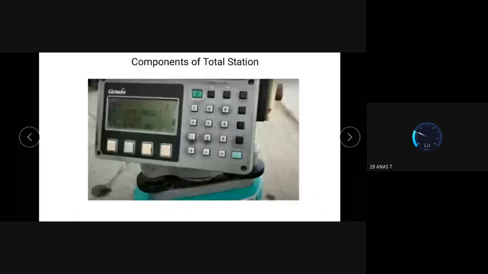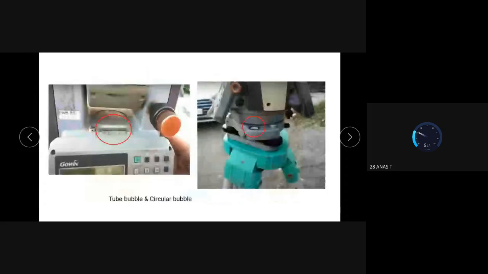So here you can see this is the keypad which is having a display, and it is having some buttons which we can use for finding the various parameters of various component, the areas or something like that which we wanted to find out. So hope you understand. This is another 2 components.